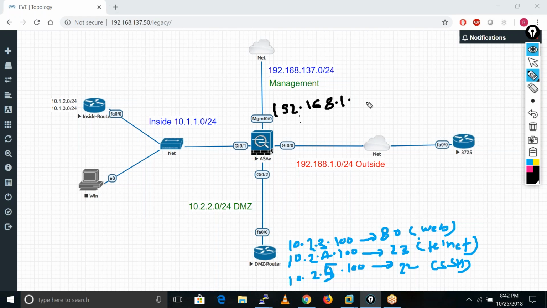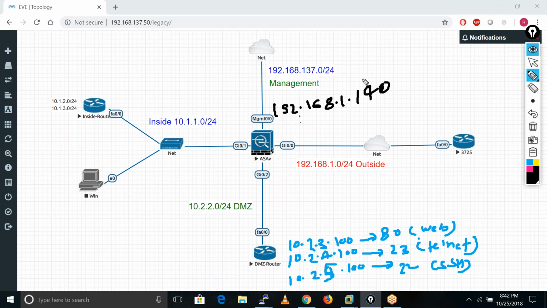Let's suppose we have only one public IP and we have 3 servers here. So how can we configure the static PAT? Let's suppose the IP address is 140.